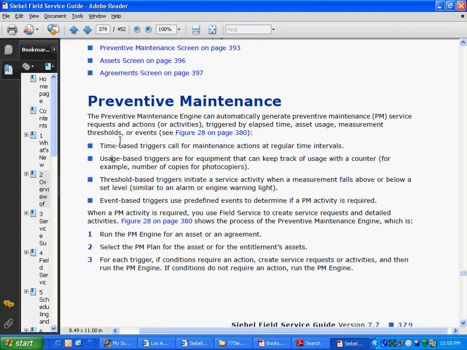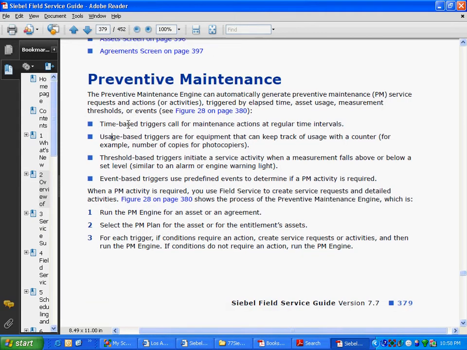Don't you think threshold-based triggers and usage-based triggers are like event-based? From my analytical knowledge, I know that there are usually two types of triggers: time-based and event-based. And I could clearly see usage and threshold are basically types of events, right? So what is this fourth thing? That's an open question in my mind now. So with this open question, I move forward.